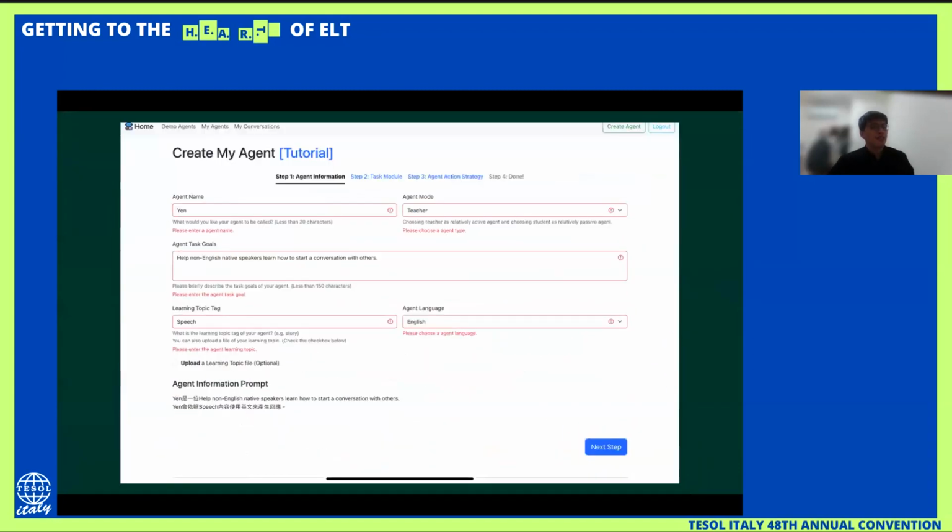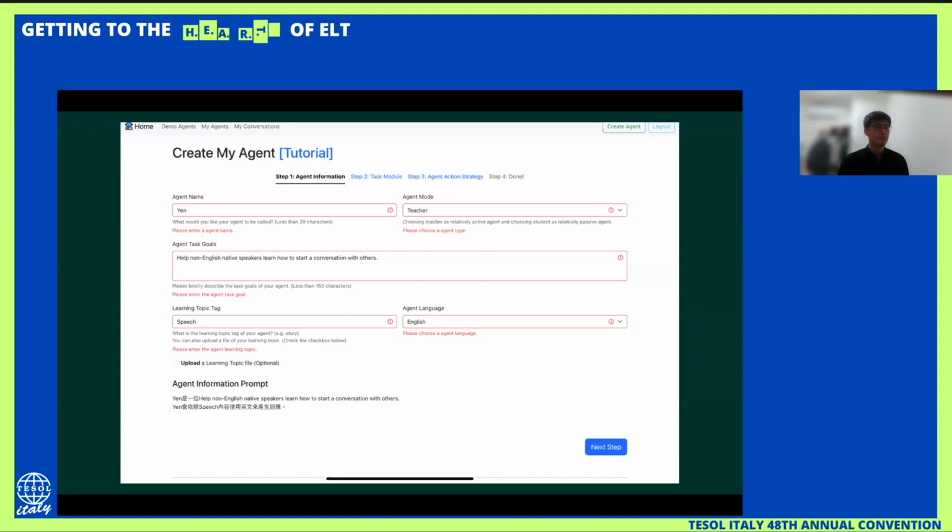So let's say, for example, I fill it in as the example over here. The agent name will be Yan. The agent mode will be teacher. The agent text goals will be: help non-English native speakers learn how to start a conversation with others. The learning topic can be speech, and the agent language will be English.